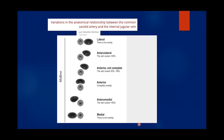Some studies looked at the variation that we have in the position of the internal jugular vein in comparison to the carotid. Without the use of ultrasound, you really cannot make sure where the internal jugular is, and you might end up puncturing the carotid. Unless we monitor for the complications, it will fly under the radar and nobody will report it. So I think the practice of using a blind technique, especially for internal jugular, should be abandoned,